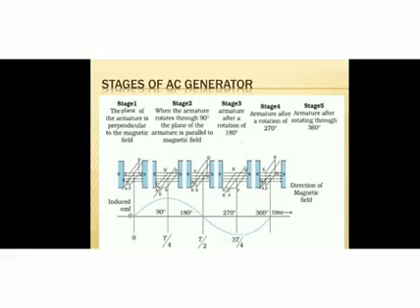Now let's discuss the different stages of an AC generator. So here, stage 1. What is stage 1? The plane of the armature is perpendicular to the magnetic field. See, this is the north pole and south pole of the magnet. So the direction of the magnetic field is from north to south, and our coil has rotated in the magnetic field